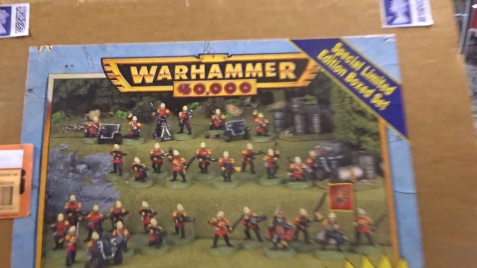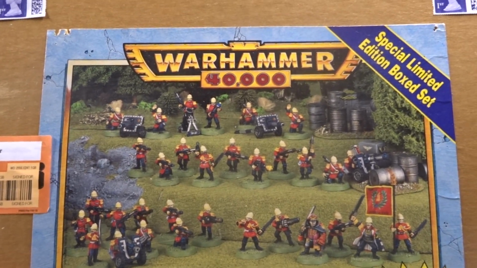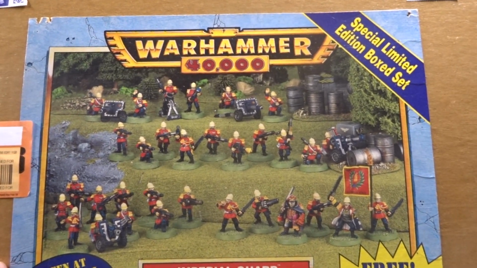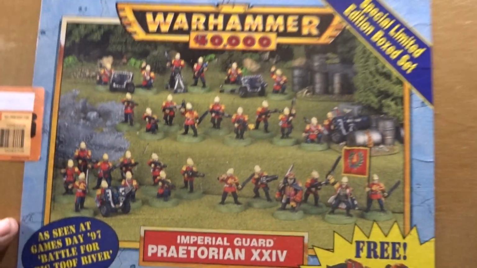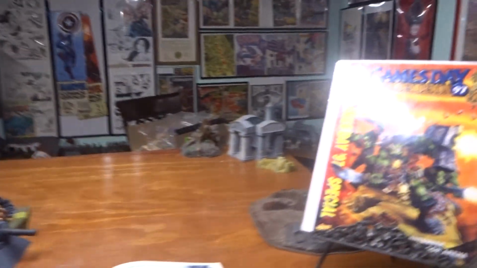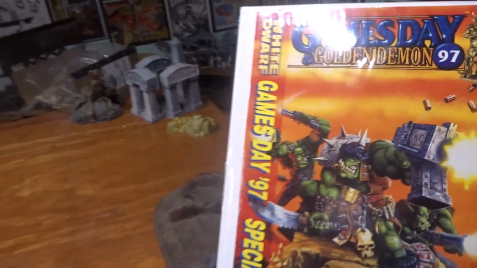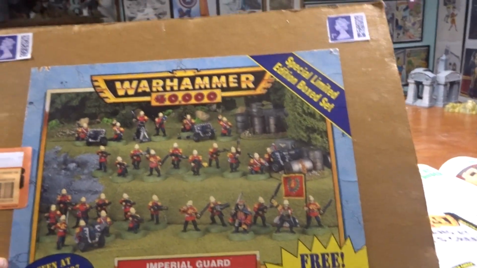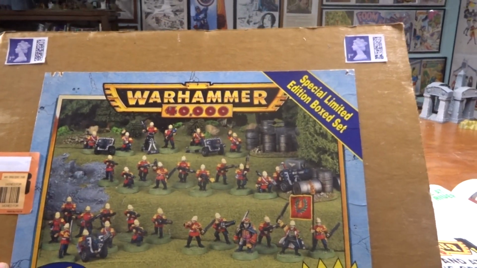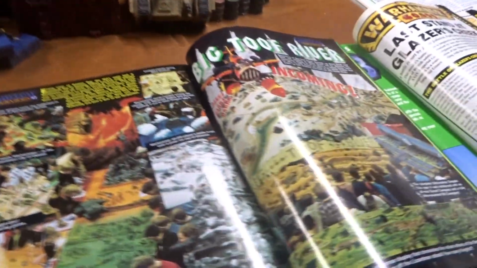A while ago, Games Workshop released this set, the Praetorian Guard. And it was head swaps with the Mordian Guard. And it came out in Games Day 1997. There's been a lot of stuff written about this. There's a lot of website stuff. And we've had the Battle of Big Tooth River